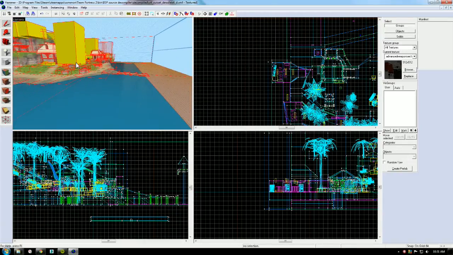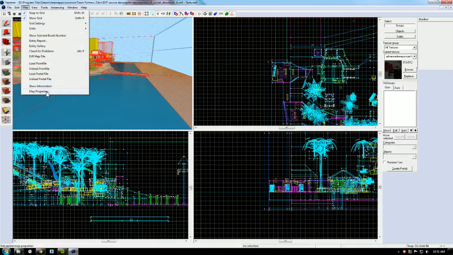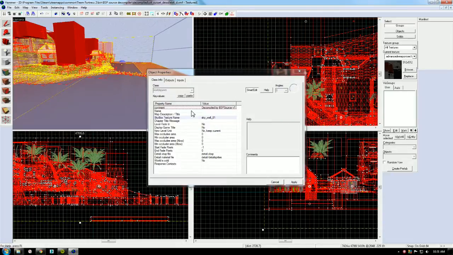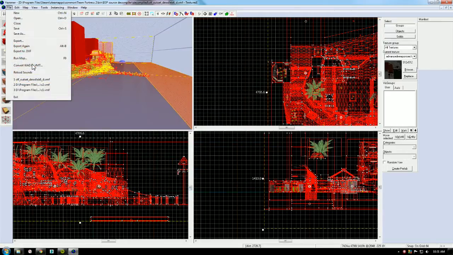So yeah, this is it. I'm just going to compile this. One thing I might want to add on map properties here, this is how you can change the skybox's name, which is the texture it's using. But I'm just going to compile it as is to show you